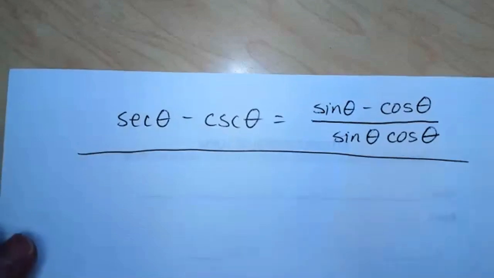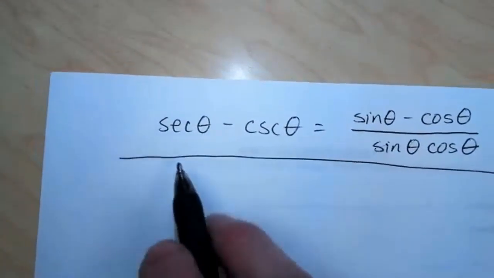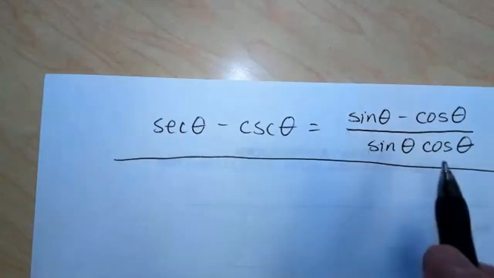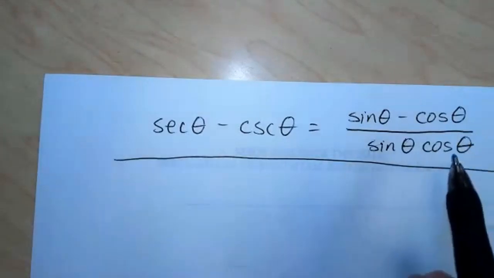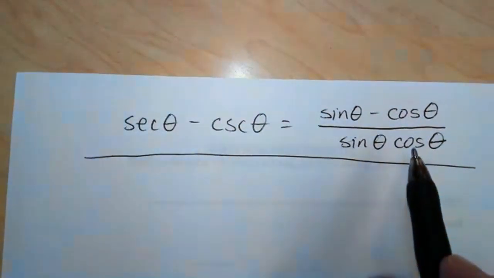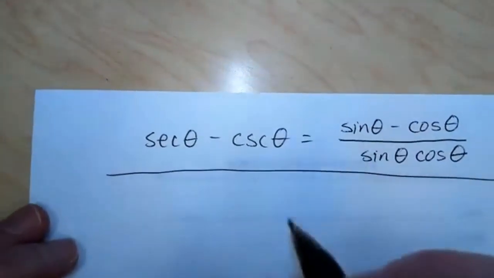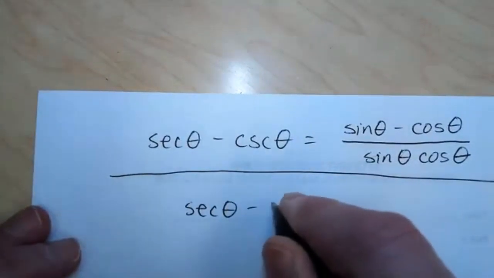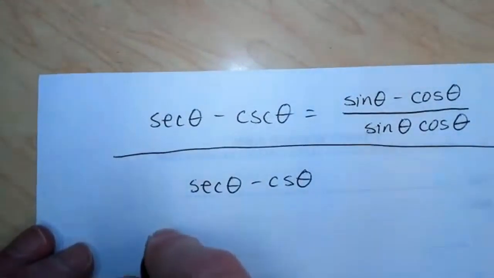Hi, I'd like to go over a couple more examples from section 5.2. This first one, we have secant theta minus cosine theta on cosecant theta on one side, and then an expression with sines and cosines on the other side. Now, this side might look more complicated, but I think we'll find that it's actually easiest to start with secant theta and cosecant theta because those can be changed into sines and cosines, and they maybe give us a more clear